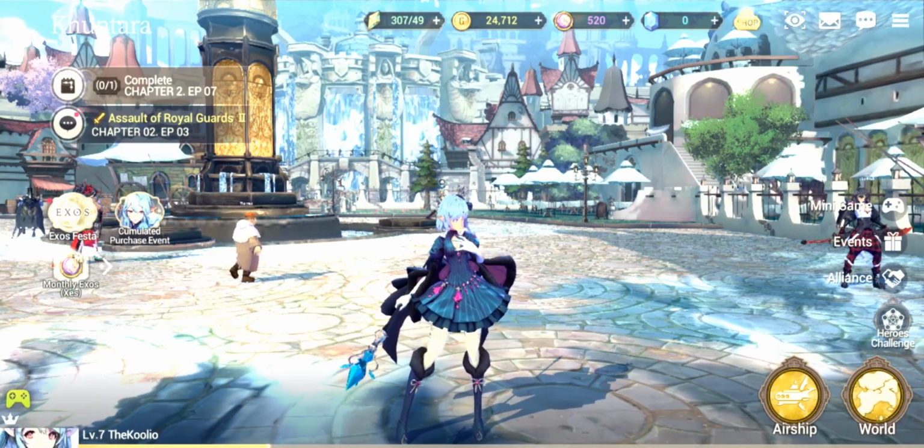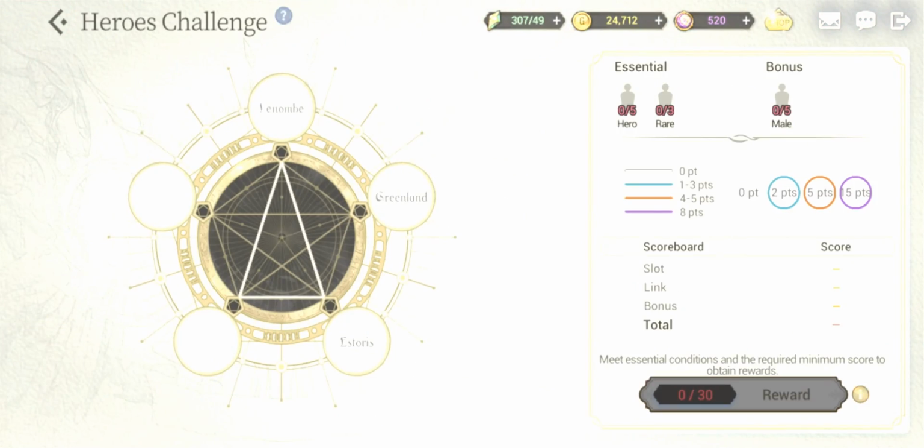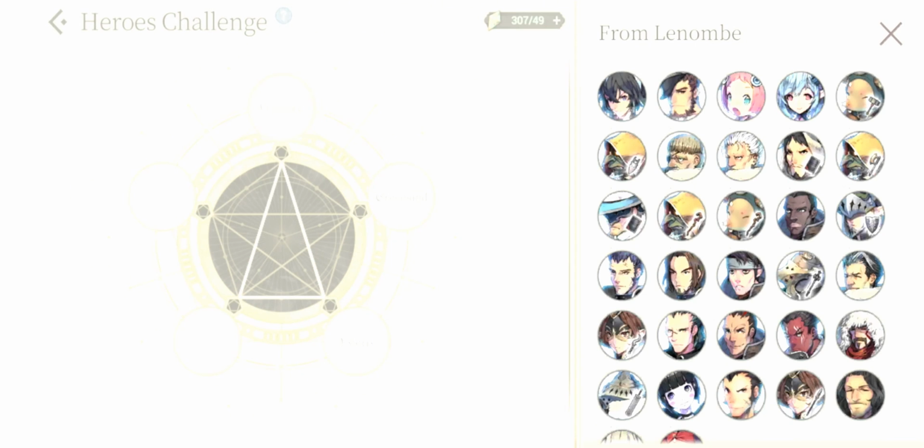So there's mini games, events. You can join an alliance. You also have this thing called the Heroes Challenge. Now, this is going to require you to actually learn the lore of the characters, which I feel like a lot of games don't really care about, the lore or the history behind characters. But for example,